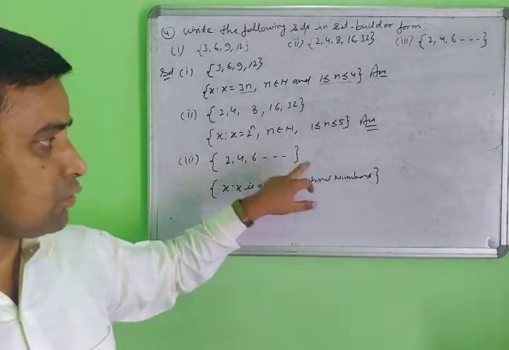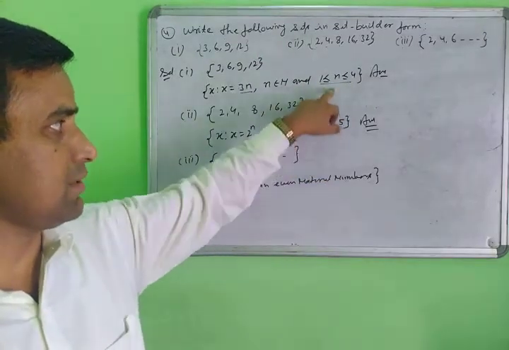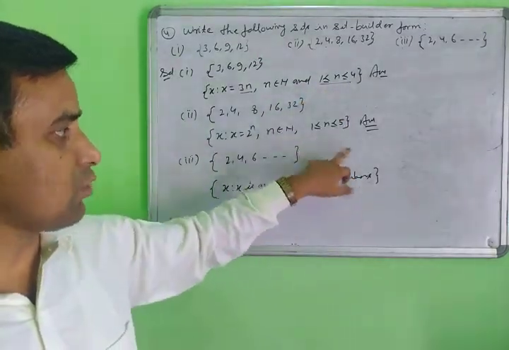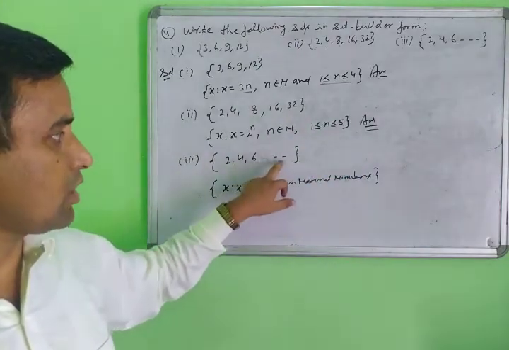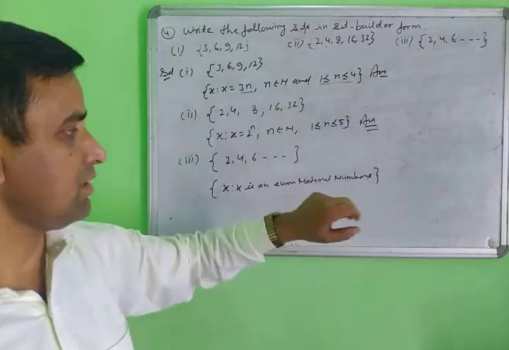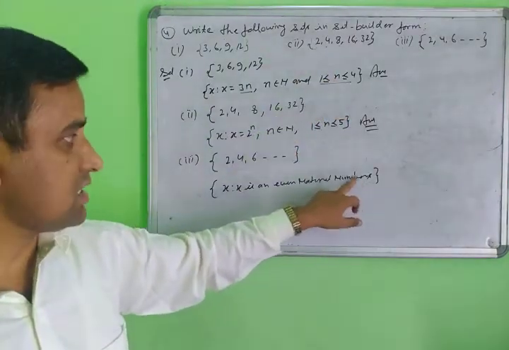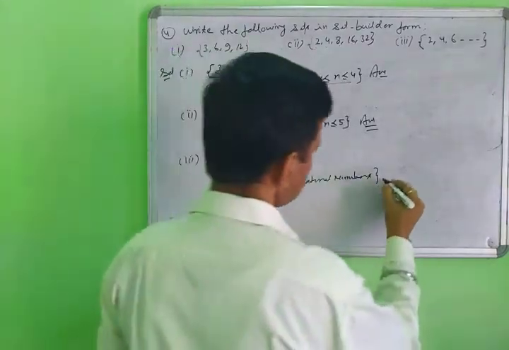Suppose you have a limit, then you write the limit in this form. This is called the limit. You do not need this form in this question because there is no limit here. This part is called the limit. Here, do not write the limit because in this question there is no limit. Then this is your answer of the third part.